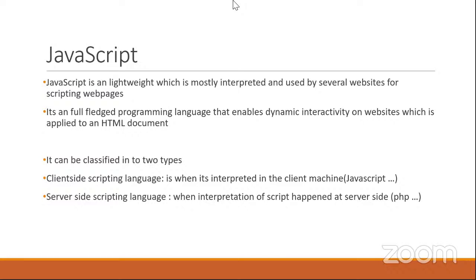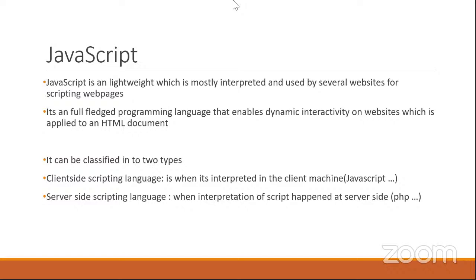Here it's given that when the script is interpreted on the client side or on the client machine, we say it is a client-side scripting language. And if the scripting language is interpreted on a server, that's called a server-side